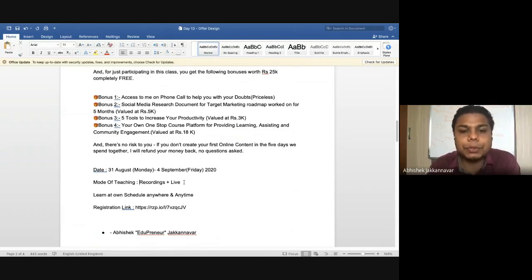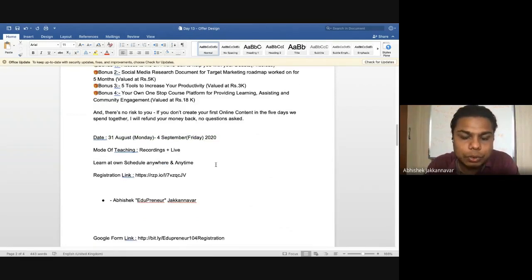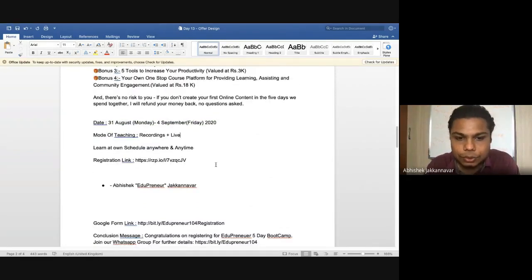And then you have a registration link here. All these things have already been covered. The payment gateway and all those things, you can always go ahead and create. So what are the things which are going to change in each of the offers going forward? The payment link, if you make some changes in the payment, and the dates. Nothing apart from this is mostly going to change. So now let's go to the next part.